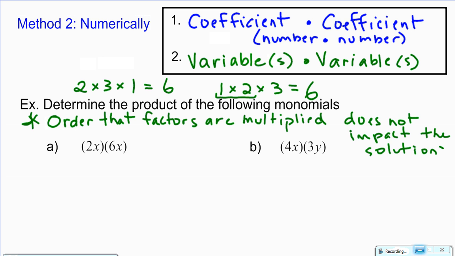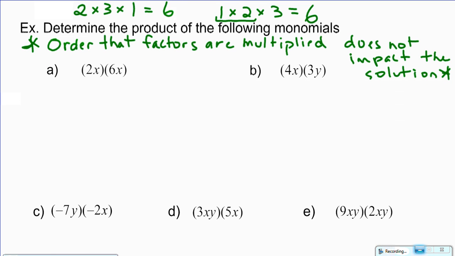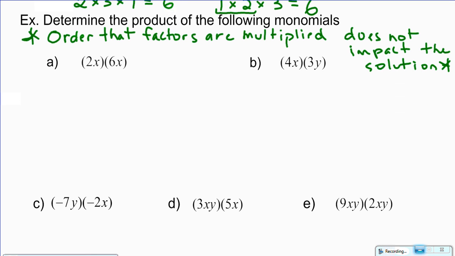Okay, it doesn't impact your product. So keeping in mind numbers with numbers and variables with variables, we're going to rewrite this. Right now we have 2 times x times 6 times x. So we're going to reorder it so that the numbers are being multiplied with the numbers and the variables are being multiplied with the variables. So we're going to have 2 times 6